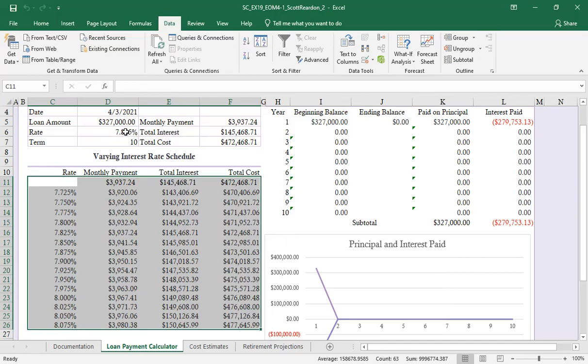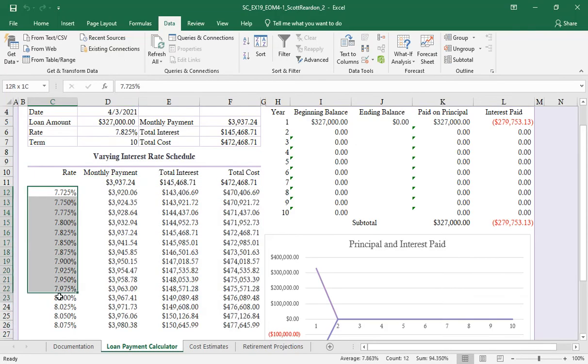In cell D6 is a rate quoted by the bank for the business loan. In the list of interest rates, C12 through C26, create a conditional formatting, highlight cells rule to highlight the matching rate in green fill with dark green text. Okay, so C12 through C26,